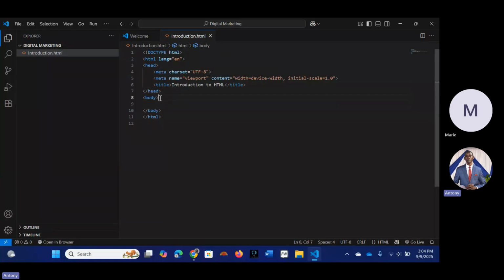Inside the HTML tag, we have the body tag. The body tag is where we enter the content of our page. It has head, body, and then you close it. So inside the body tag,